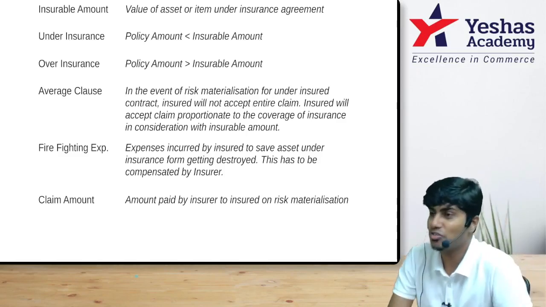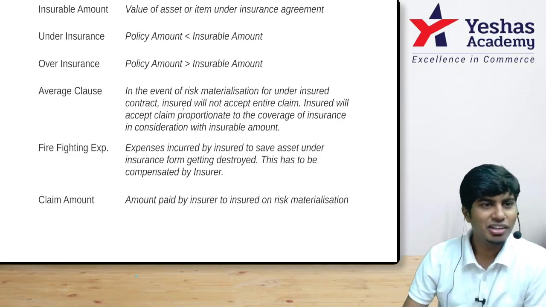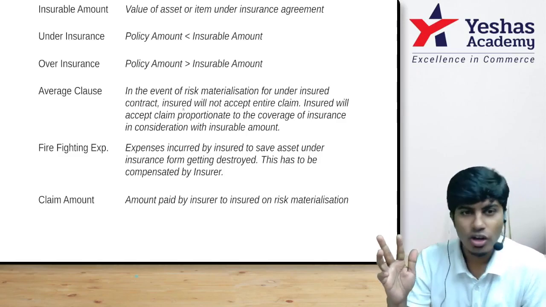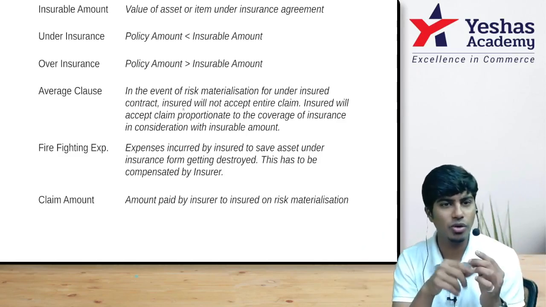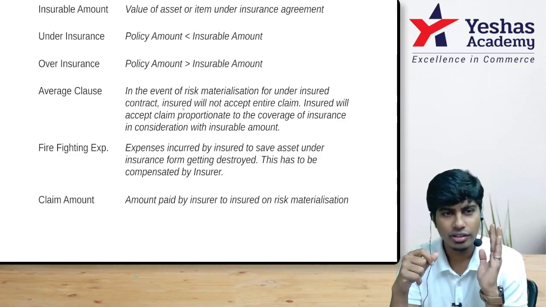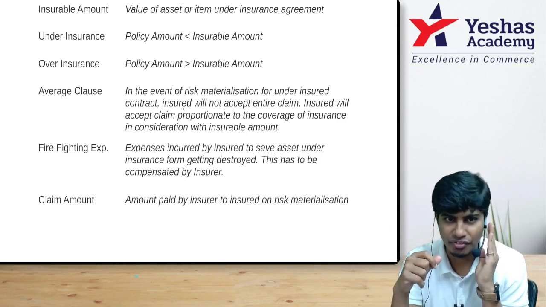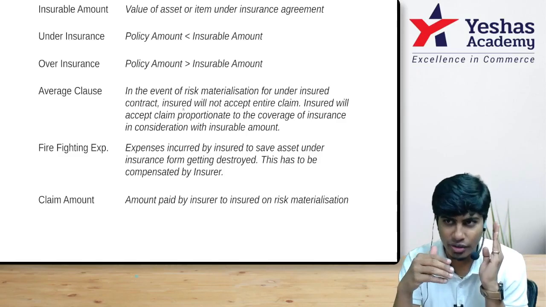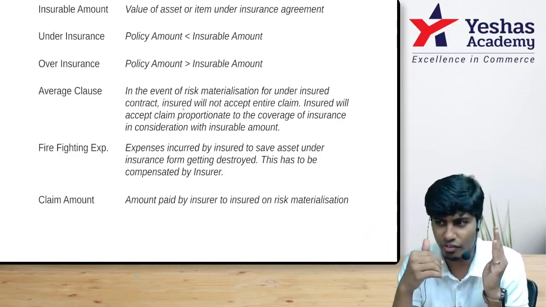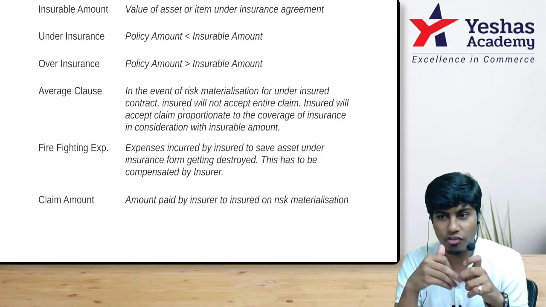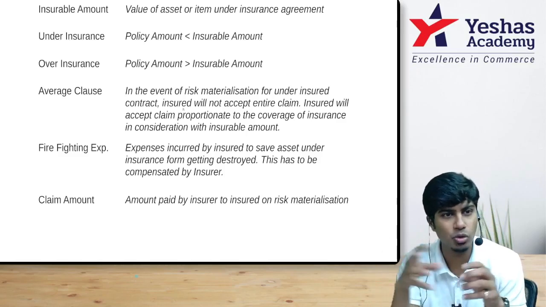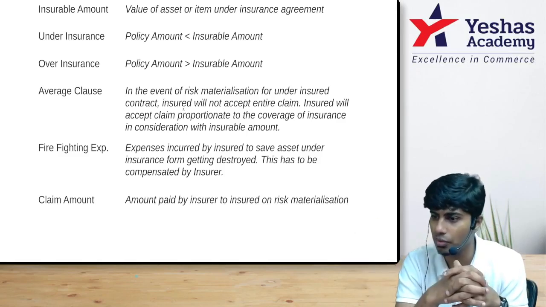Firefighting expenses. What is firefighting expenses? This is interesting. The godown and the office caught fire. What did you do instantly? You immediately called your water tanker uncle and said, uncle, get a water tanker immediately. Then he said, okay, there is no water today, I'll bring it tomorrow morning, it will be 50 rupees extra. Hey, not to drink, your fire is there. Come put water, I'll give you 100 rupees extra. And then that water tanker uncle will come. You'll call the water can person also. You'll ask the neighbor to open their overhead tank, and from there also you're spilling water.